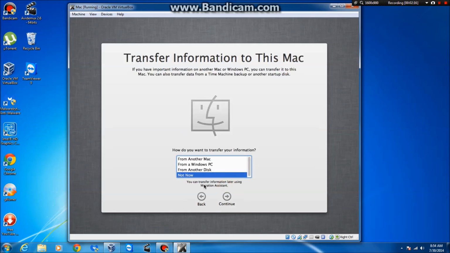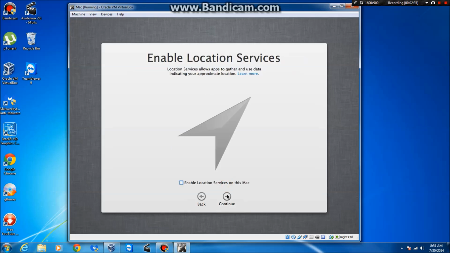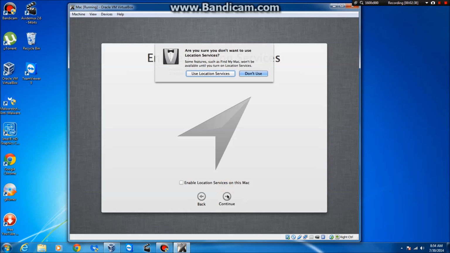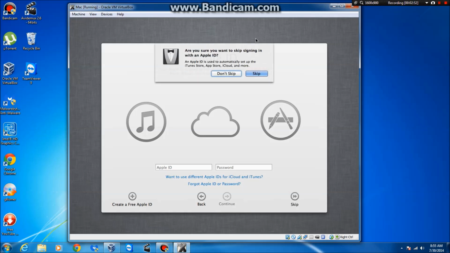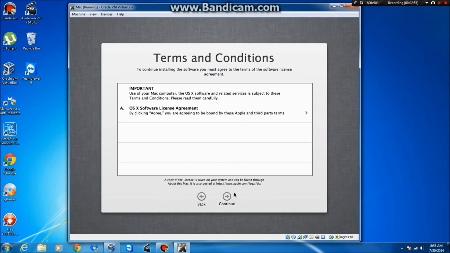Okay, and if you need to transfer information to this virtual Mac, and if you want to do that, you can actually do that. But for right now, I'm not doing any transfer, so I would select not now, and then click continue. And I do not want to enable the location services, so don't use. And I don't want to use my Apple ID to log in, so I can just skip, and I just want to skip this and agree to the terms,